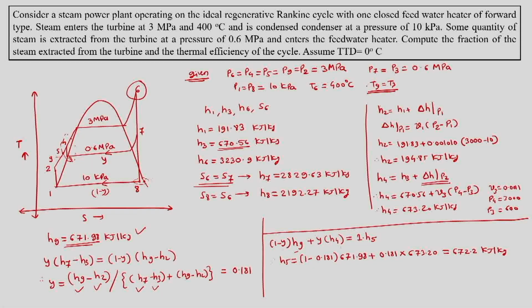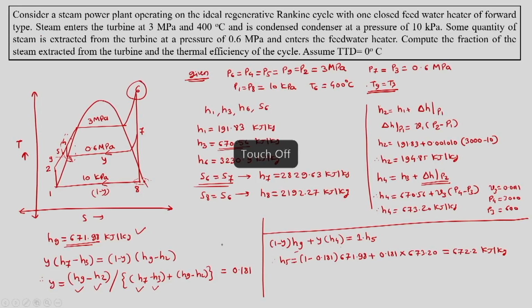Now, we know enthalpies at all stations. So, we can go ahead and do the performance calculation. For that we will first need to find out Q in, and Q in, if we remember, is given from 5 to 6. So, it is H6 minus H5. So, this is Q in. H6 is known, it is 3230.9 minus H5 which is 672.2, and this gives us